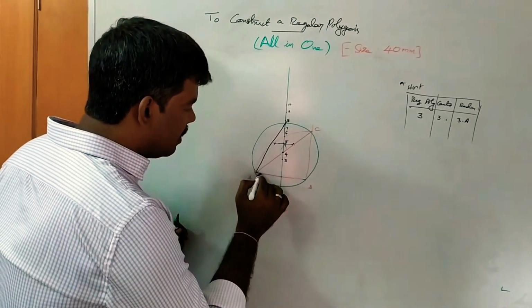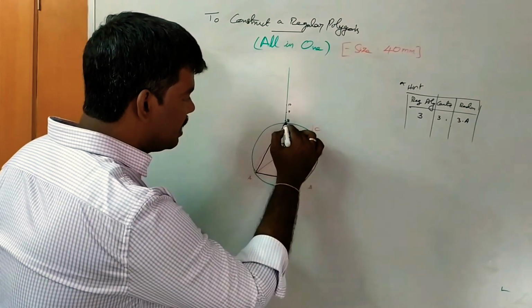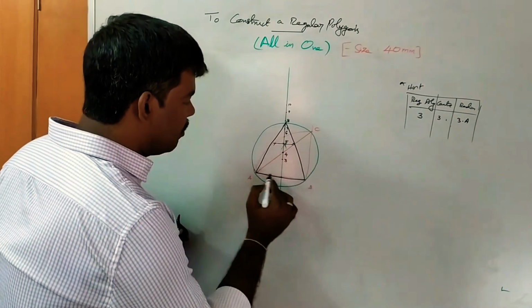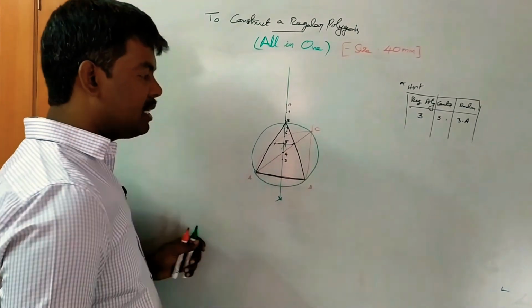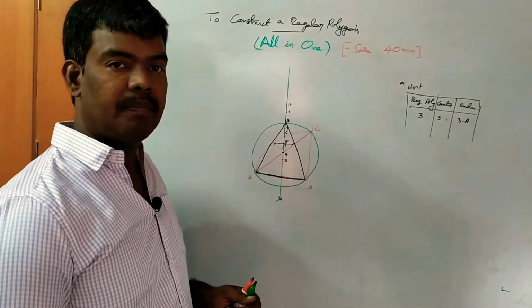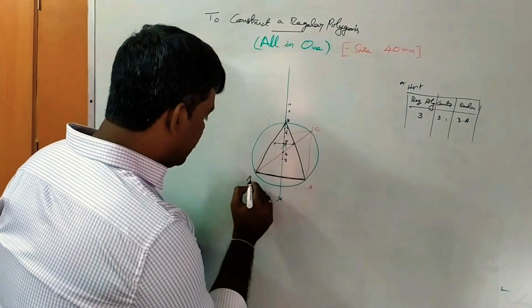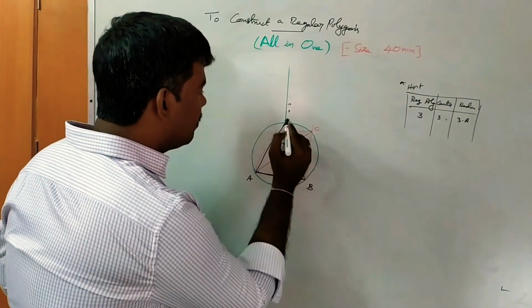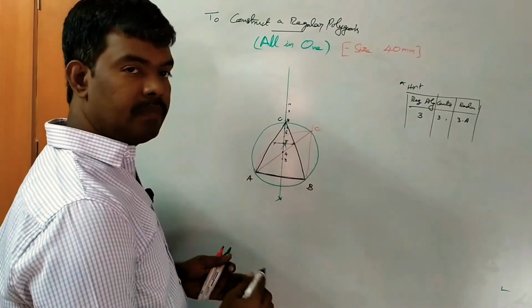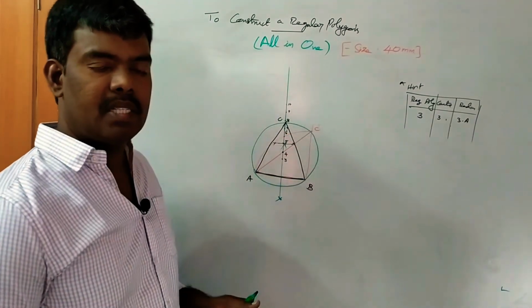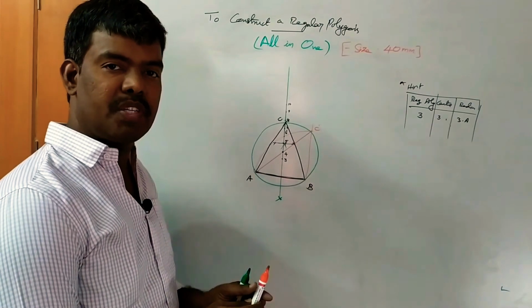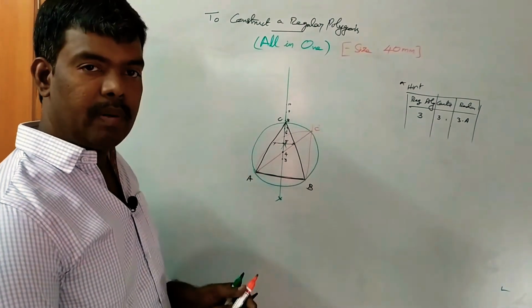A, already AB is there, so the black color. So this is a regular polygon with 3 sides, we get an equilateral triangle. So this is A, this is B, this is C. Okay, so for example, if C is already there, you consider some C dash to differentiate. So 3 sides over.